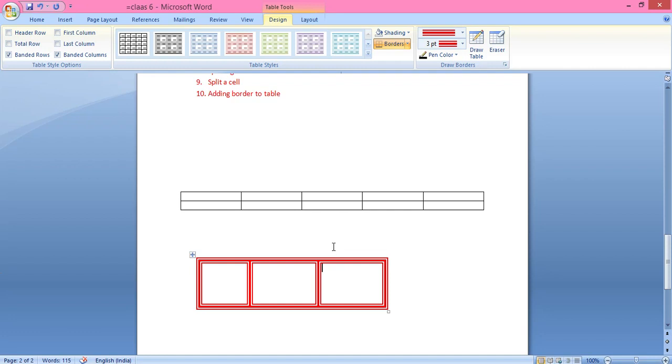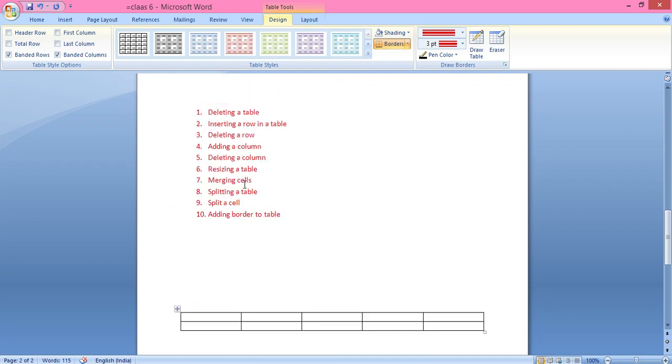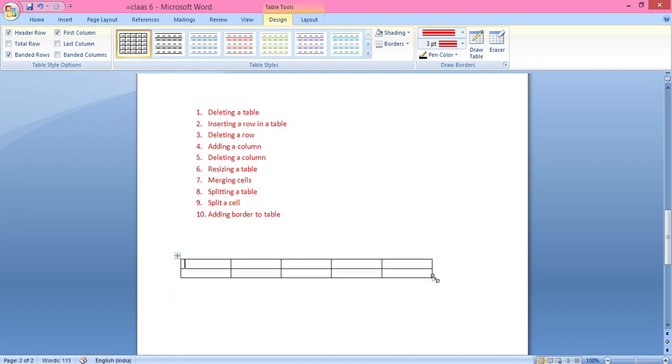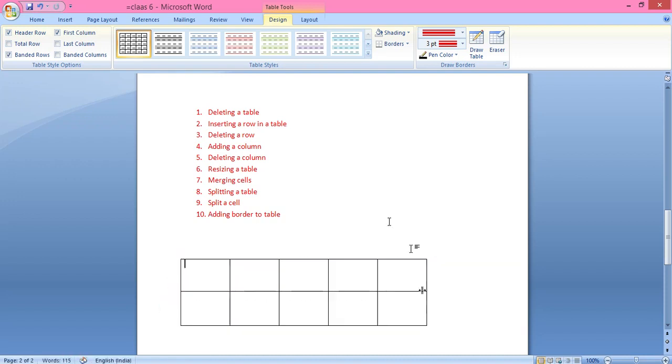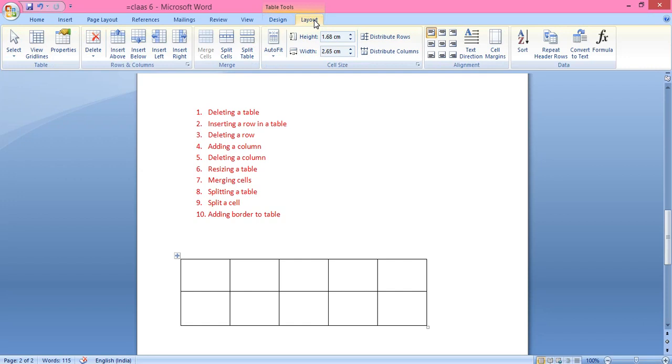Now performing different types of tasks using this table. First, how to delete a table. For deleting a table, first select the table, then go to the Layout option. When you click on the Layout option, a ribbon will come. Here is the Delete option.